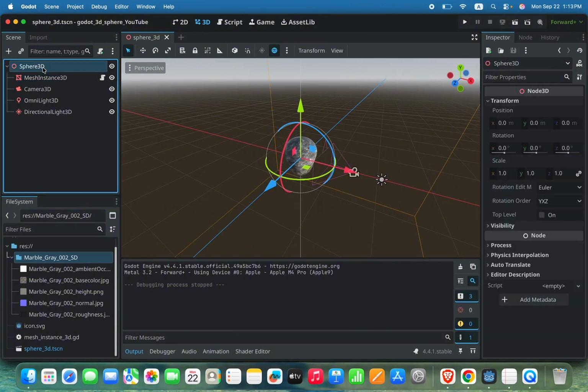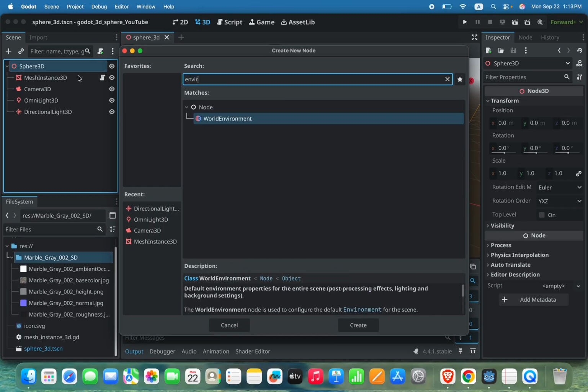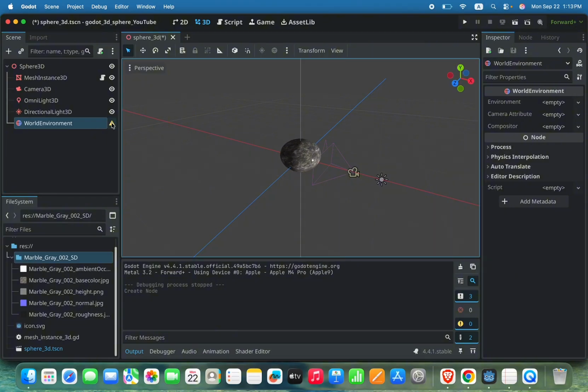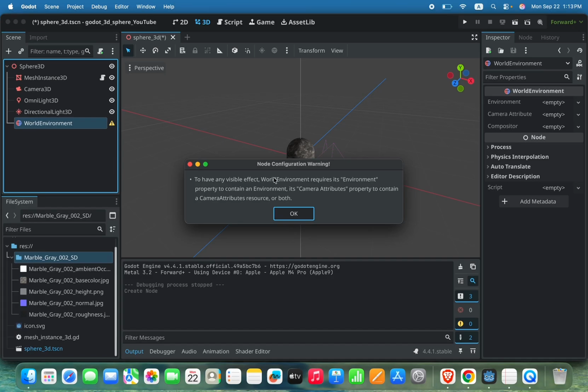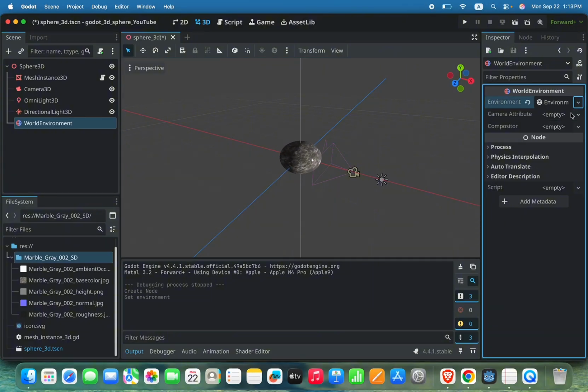Another thing we can do is, if we go back to our scene, we can add another child node and add a world environment. I'm sorry. Okay. So if we add that, it complains. It says node configuration: to have any visible effect, world environment requires its environment property to contain an environment, its camera attributes property to contain a camera attributes resource, or both. Okay, so we added on one more thing. So if we go back over here, we can add a new environment, and then